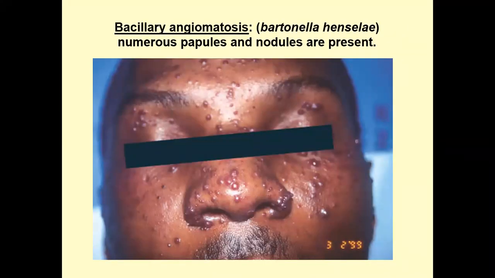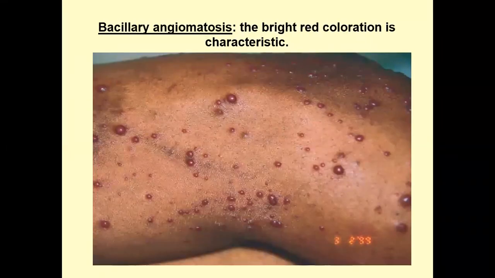Then another bacterial infection, which is bacillary angiomatosis. You know, this is an HIV-associated dermatosis. The cause is Bartonella henselae, which is a spirochete, and it is characterized by numerous papules and nodules on the face and the body. And these nodules and papules have a bright red or vascular look. So by look, they will give the appearance of hemangioma or pyogenic granuloma-like lesions. But since it is not acute like PG, they will not be bleeding, but they will be bright red, numerous papules.